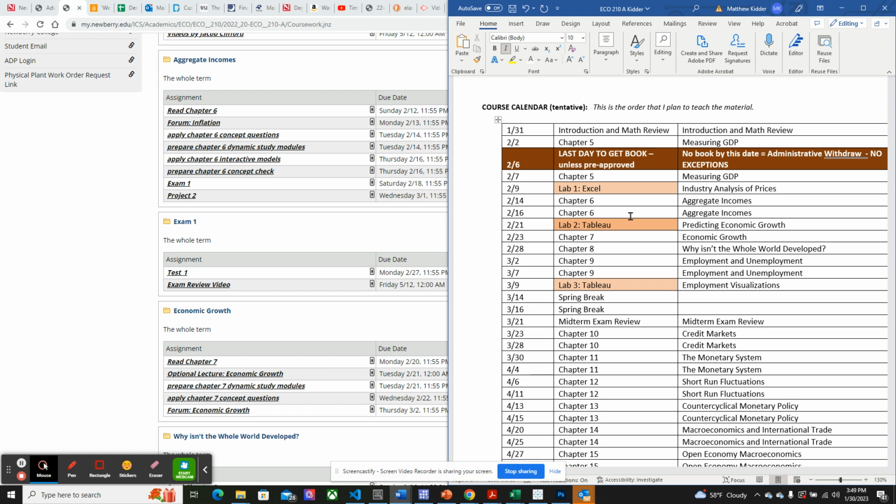And I'll have some tutorials to help walk you through, and we'll do some things. But we're going to have a few different labs. And in those labs, you'll be working with real data. So this will take these ideas from pie in the sky kind of theory and show you about economics in practice and how you can actually go grab data and do some different types of things. And you'll also get some skills that are just generally useful in business. So that's why I put those there.